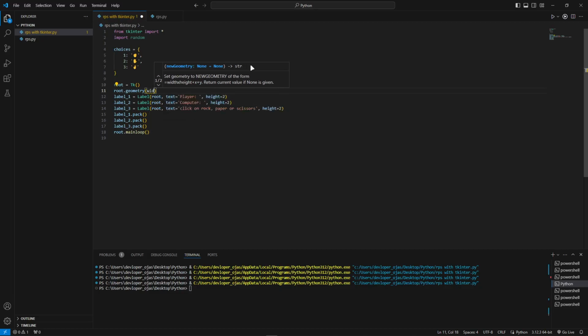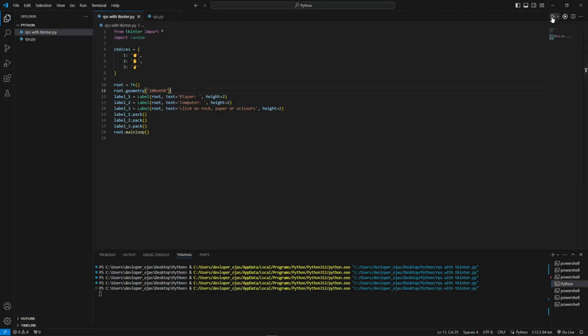I think this doesn't have width. So we can change this to 200 x 650. Now if we Ctrl+S this and run it,